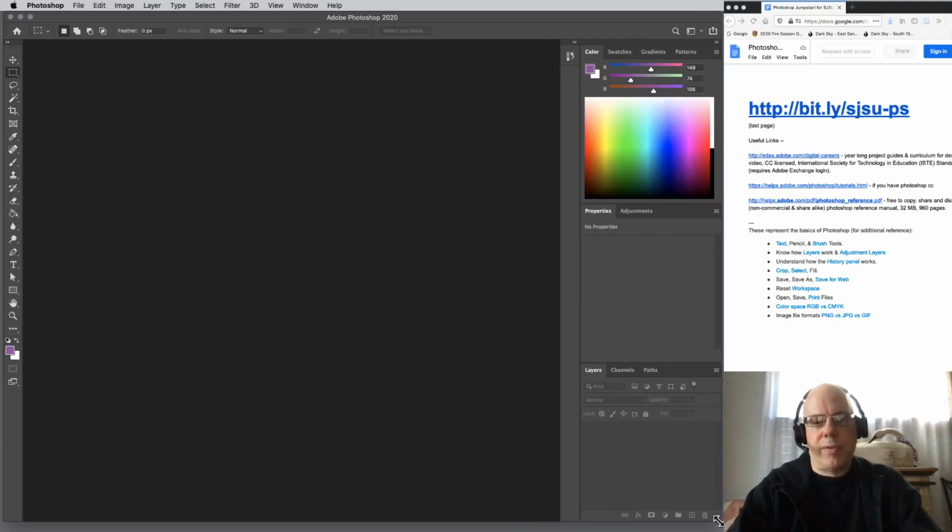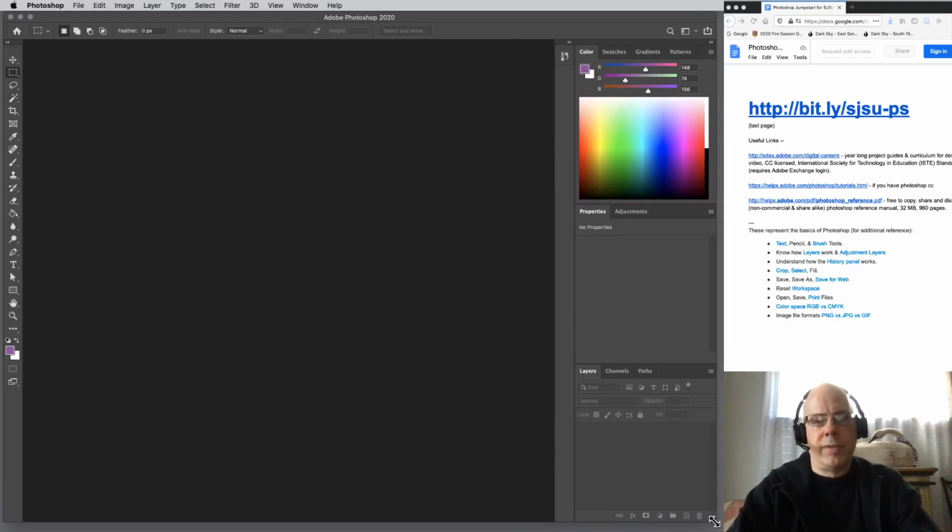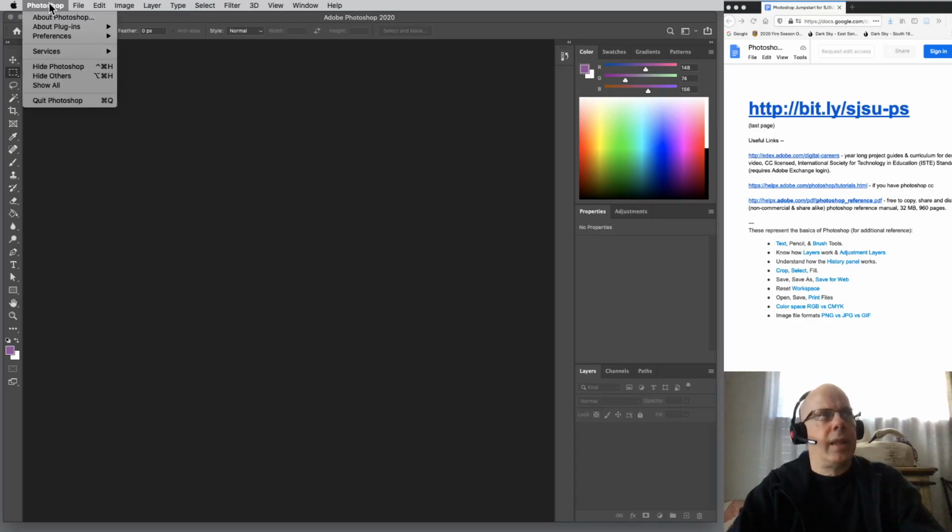So the default loading function of Photoshop right now is to load and to show you the recent files that you've used. I don't like that. I like to just jump right into Photoshop. But if you want to control this, if you come into Photoshop and then Preferences,